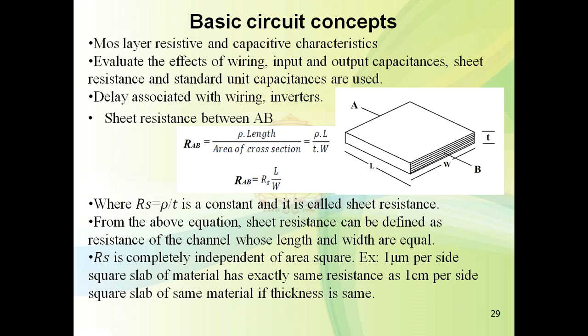In the basic circuit concepts, we know that there are various layers in CMOS as well as in NMOS. The different layers are the N-type layer, P-type layer, poly layer, and metal layer. So MOS layers have different resistance and capacitance, so we have to find out the MOS layer